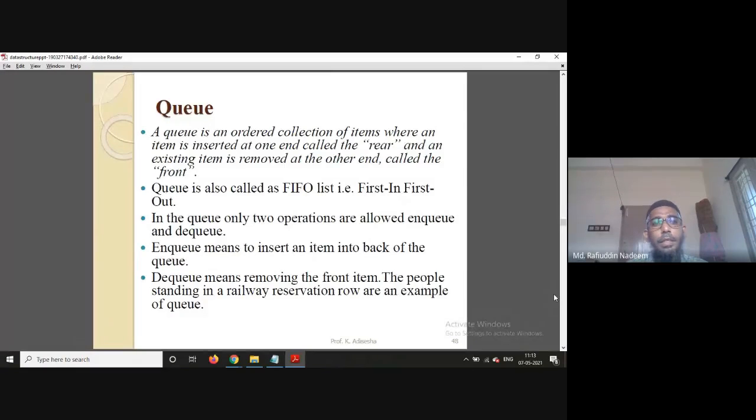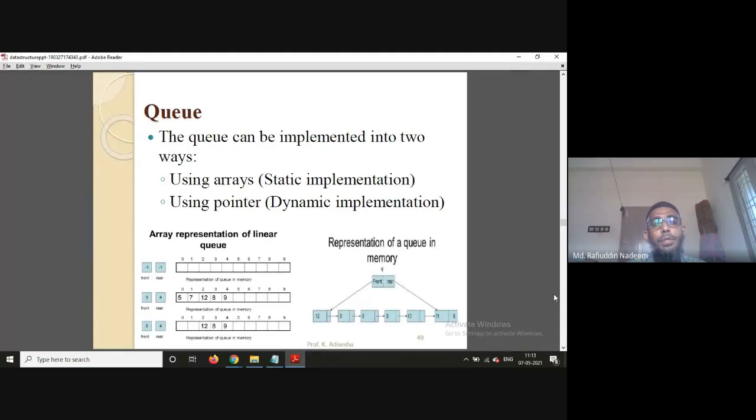Okay, next. The queue can be implemented again in two ways, using arrays and using pointers, that is nothing but your linked list actually. Most probably in the next class, I will explain how to create a linked list and how to insert the element into a list, how to remove it. There we will understand how we can create a data structure, either stack or a queue, using a linked list. But right now, like yesterday, we will simply talk about how to insert an element into a queue using arrays.